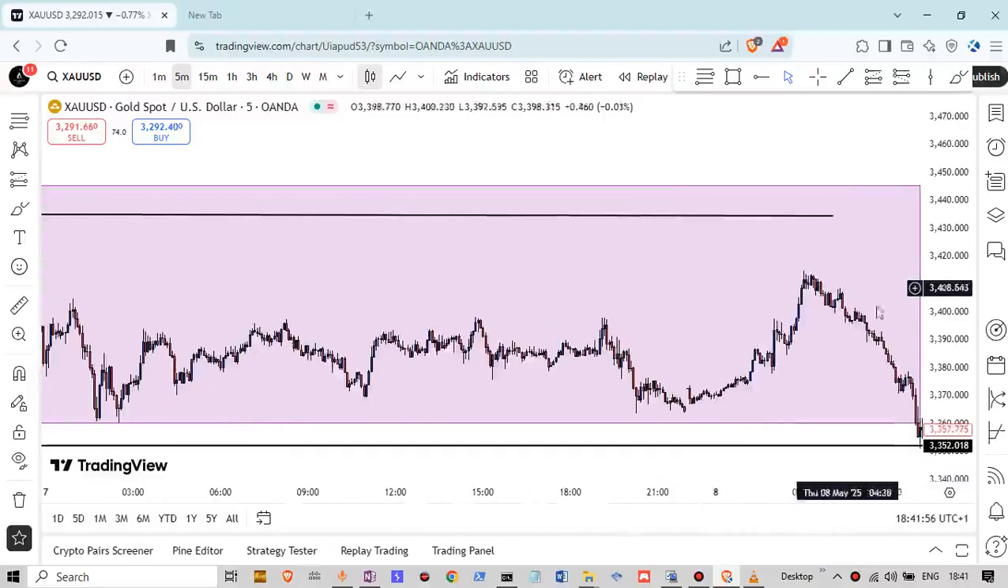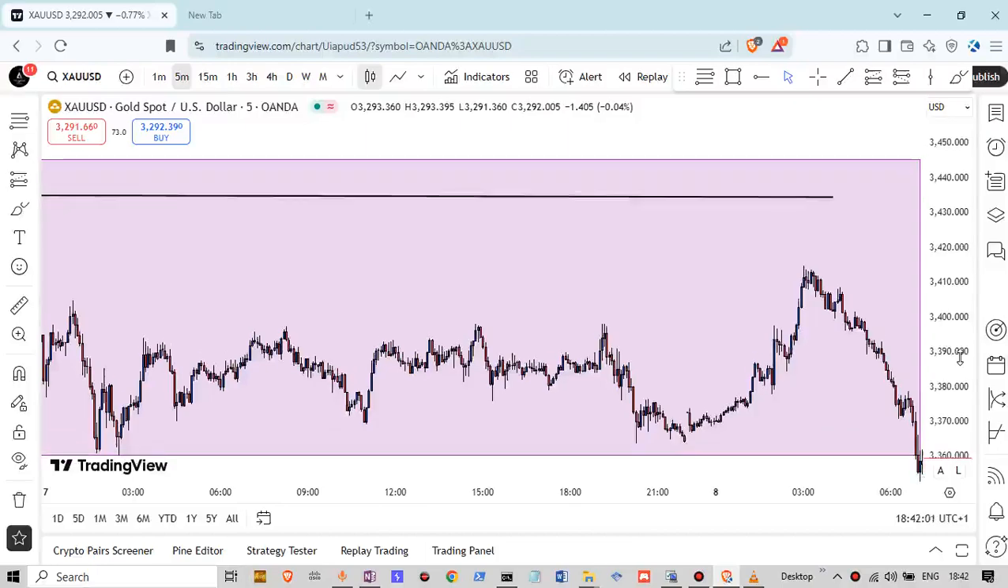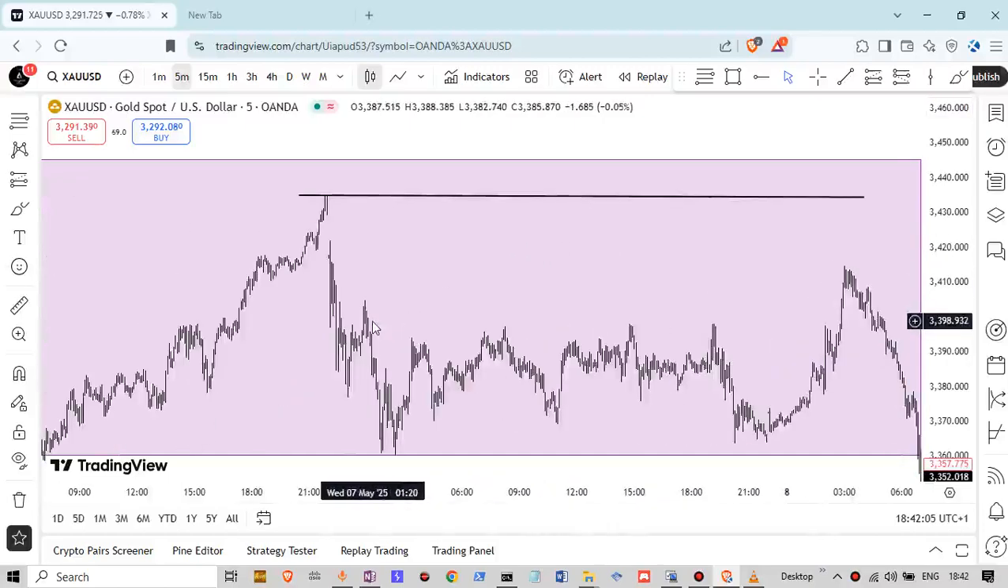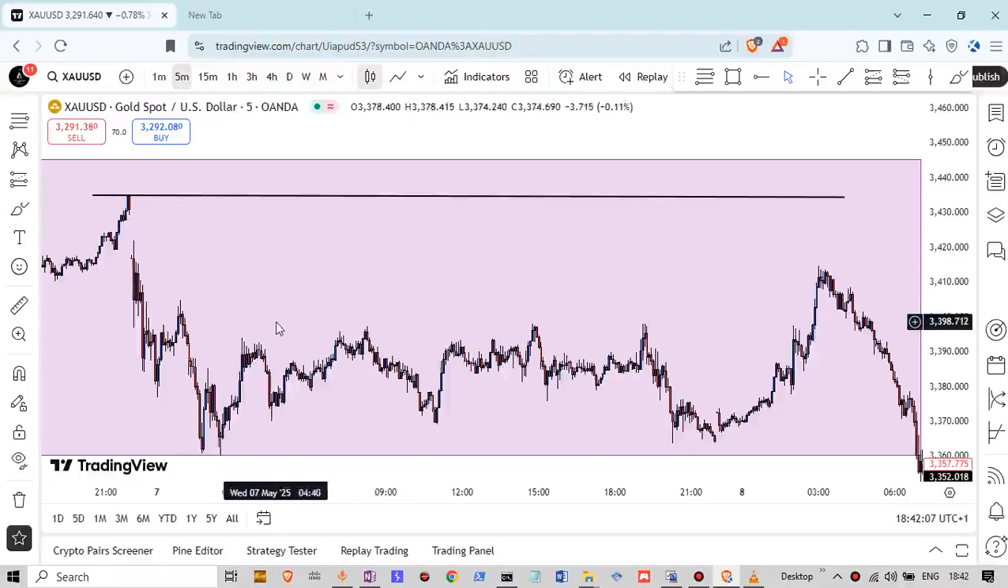Maybe if I applied the concept of Q zone from ICT, I may have been able to spot something happening here. But to help myself quickly know what's happening here,